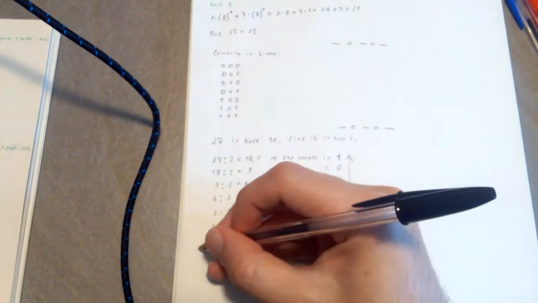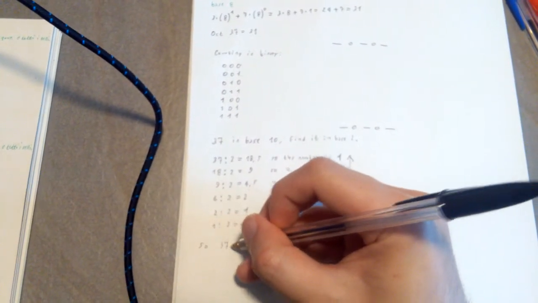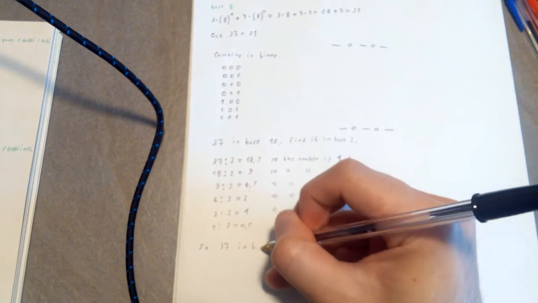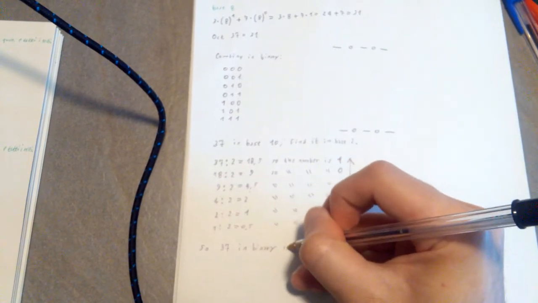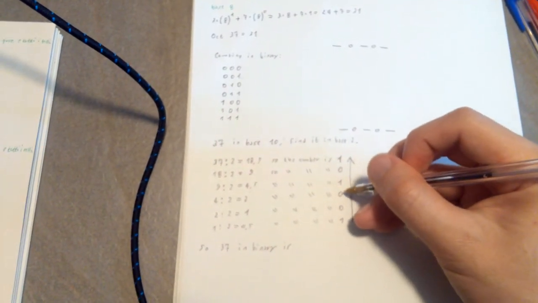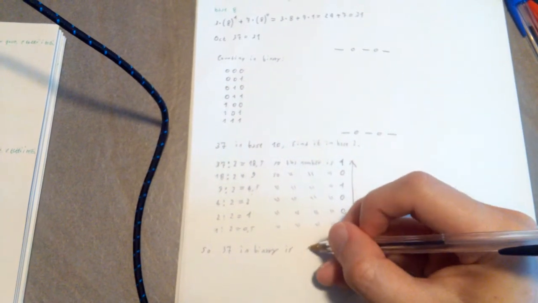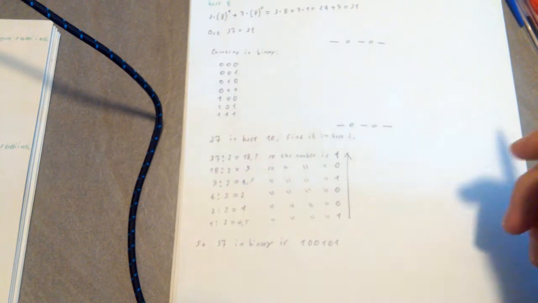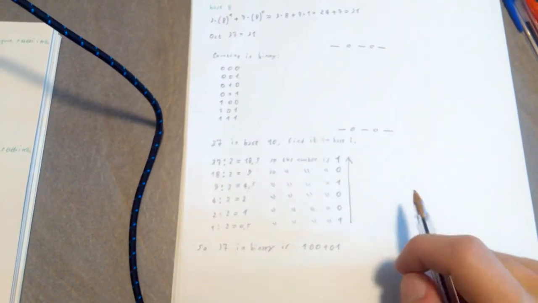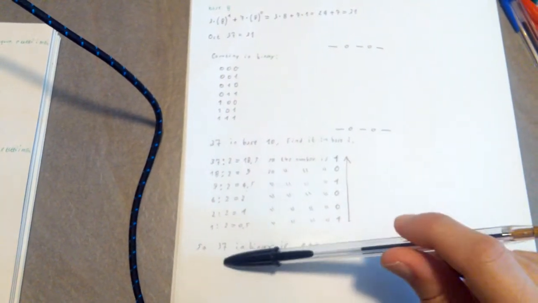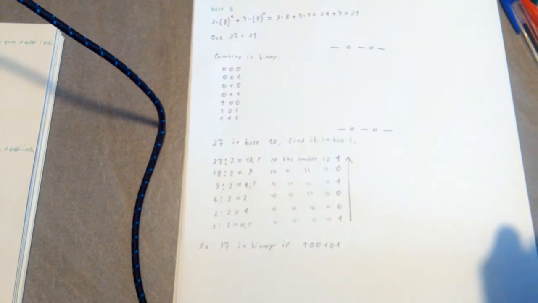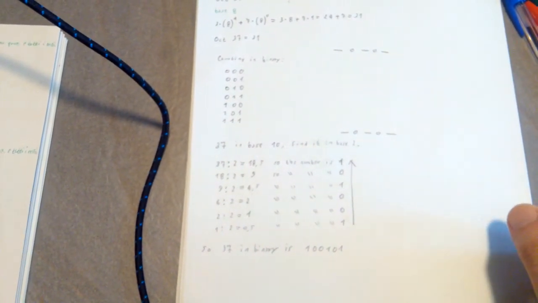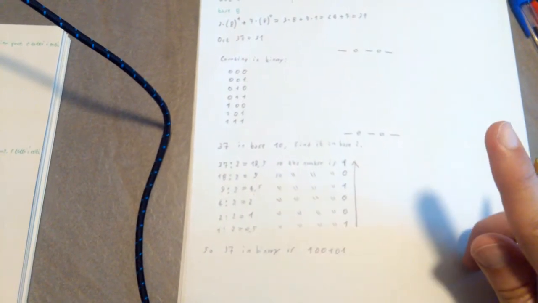So 37 in binary is 100101. So 100101 is 37 in binary. And we can do that with many other numbers. Now, the thing is,